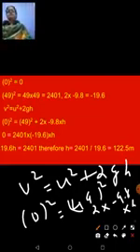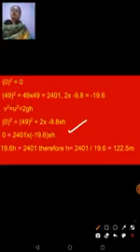Now substituting all these values in the equation v² = u² + 2gh, you get 49² = 0 + 2 × (−9.8)h. 49 the whole square is 2401. 2 into minus 9.8 is 19.6. When you take this negative value to the other side, it becomes a positive value. So minus 19.6h becomes plus 19.6h when it goes to the other side.